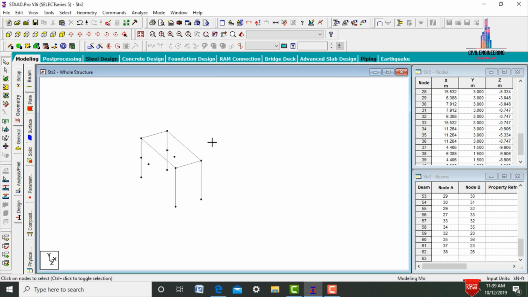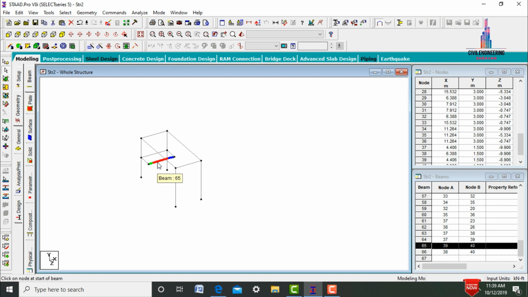So after that we need to create the beam sections for this respective landing. So select add beam command here. I'm selecting this respective beam in this direction for the cantilever section. Again I am selecting this respective option here, in this way. After that we need to select this respective option.